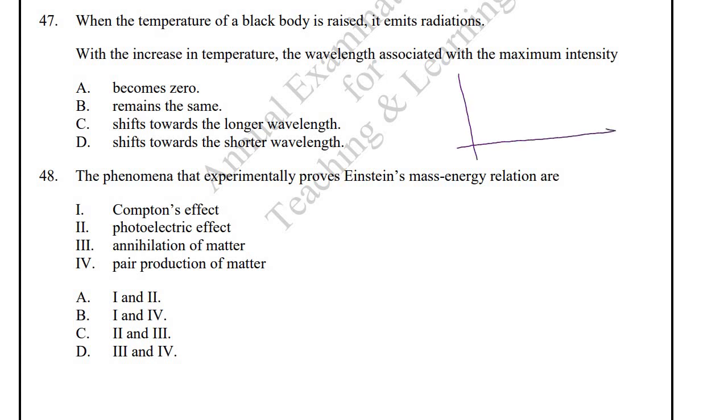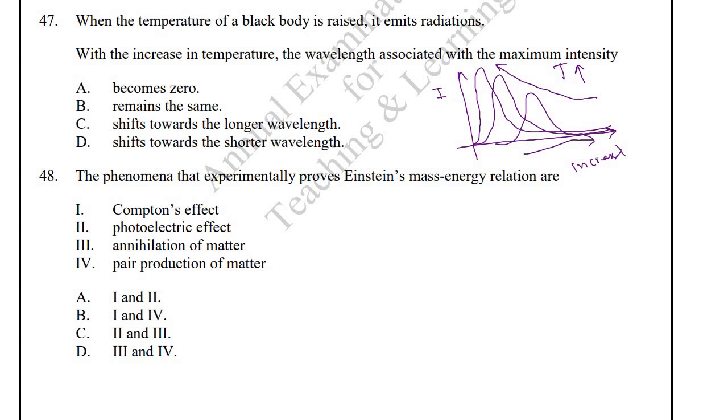तो ग्राफ हमने जो पढ़ा था ब्लैक बॉडी रेडिएशन के लिए वो कुछ इस तरह से था कि वेवलेंथ और इंटेंसिटी हमारे पास एक पर्टिकुलर टेम्परेचर पे जो कर्व है वो कुछ इस तरह से फॉर्म हो रहा था. और इसी तरह के डिफरेंट टेम्परेचर के कर्व हमने पढ़े थे जिसमें इंटेंसिटी और वेवलेंथ के दरमियान इस तरह का रिलेशन फॉर्म हो रहा था. और टेम्परेचर को अगर हम देखें तो इस ऑर्डर के अंदर टेम्परेचर इंक्रीज हो रहा है. सेम फिगर हमारी टेक्स्ट बुक के अंदर भी मौजूद है. सो जब वेवलेंथ इंक्रीज हो रही है तो उसके साथ साथ जो टेम्परेचर है वो डिक्रीज हो रहा था. सो फॉर क्वेश्चन नंबर 47 ऑप्शन डी विल बी द राइट आंसर,